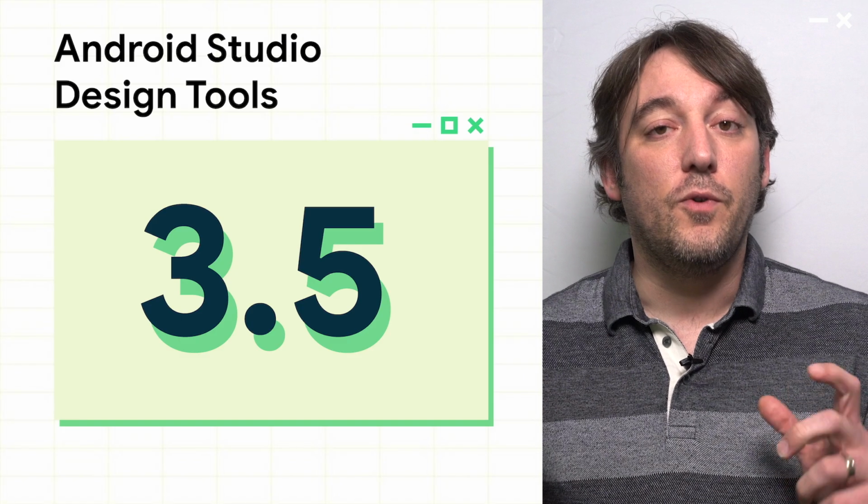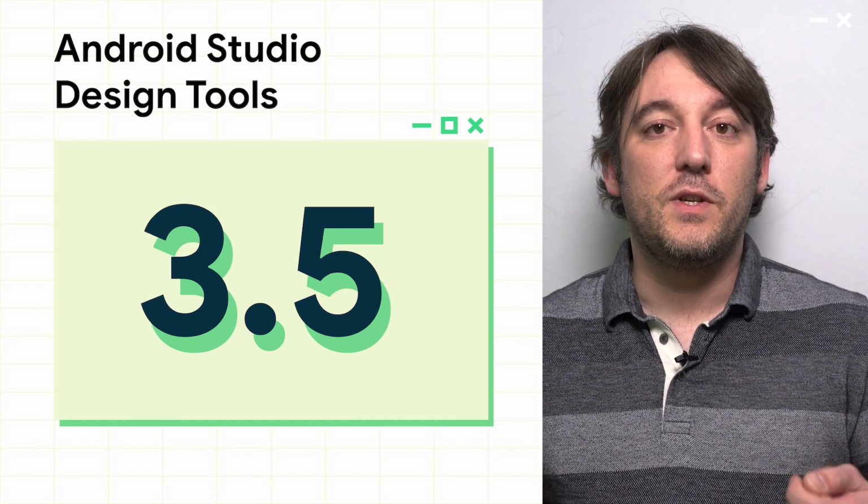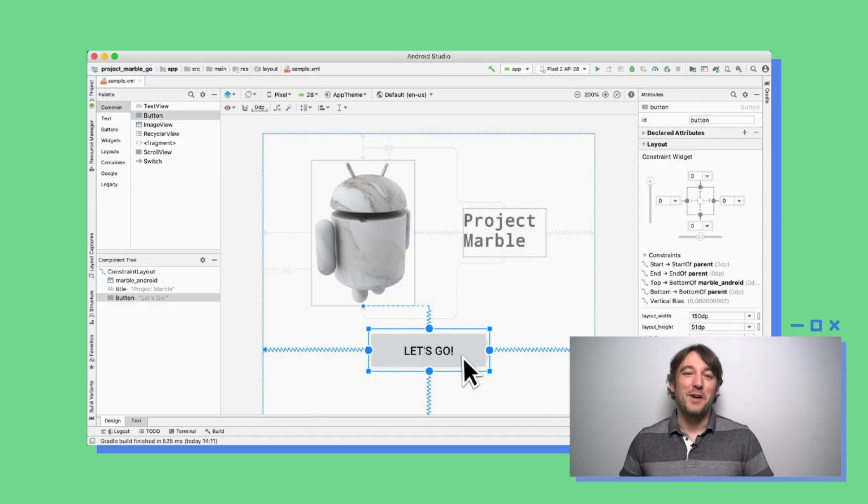and I'm going to talk a little bit about what we did in 3.5. In 3.5, as you may know, the focus was to work on Project Marble, which was explicitly not a feature release, but we focused on improving the performance, the stability, the overall quality of the product. And that had a tremendous impact on those design tools because by definition, they are visual tools. They tend to use a lot of memory. They tend to be really CPU intensive because we do a lot of complicated work. So all this work in 3.5 panned out in the subsequent releases.